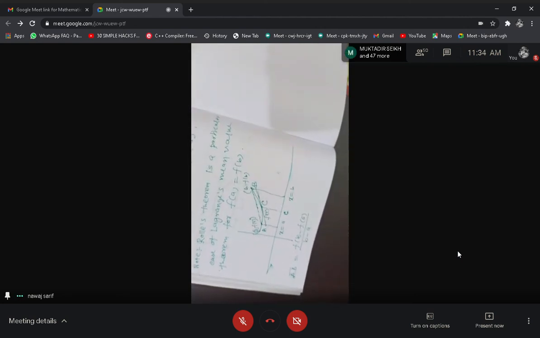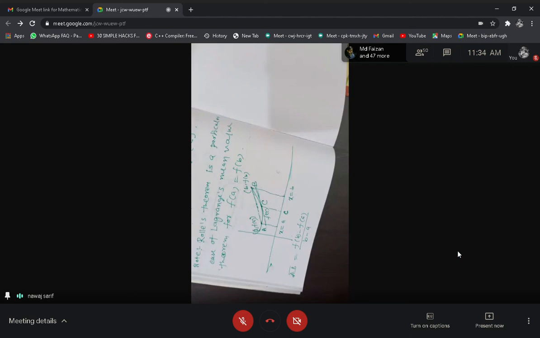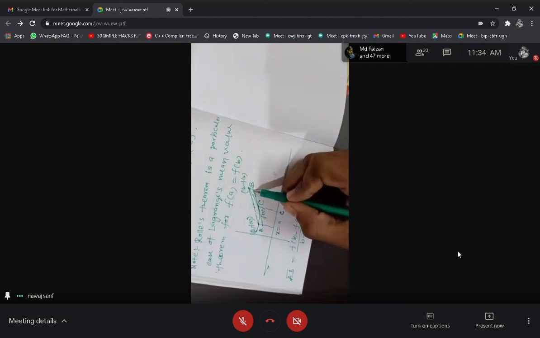That means if you have given 2 points A and B, then the line joining A and B is parallel